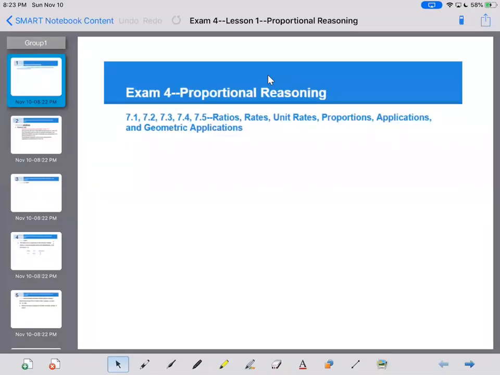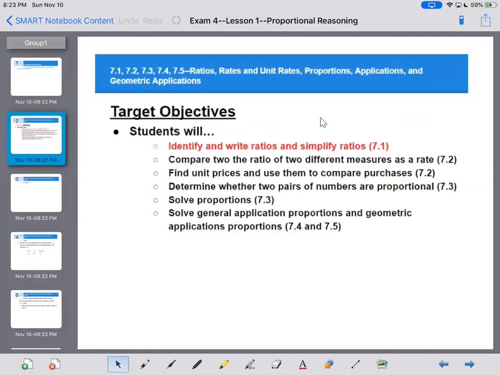So this is lesson 1 in exam 4. This will be the last 3 video series that we have in this semester. We're going to talk about proportional reasoning, and you can look at the objectives that are in front of